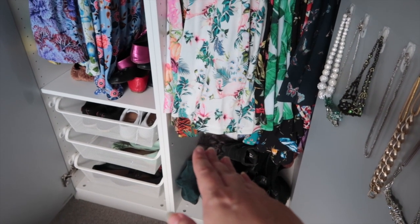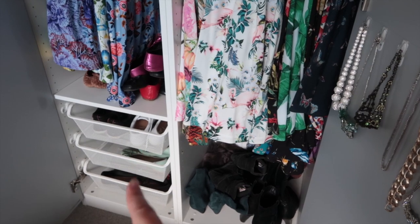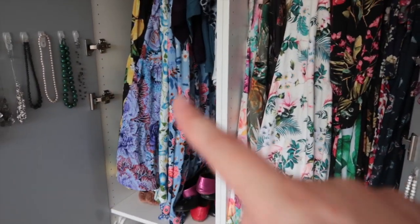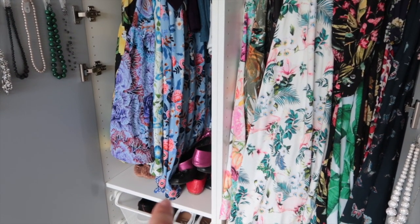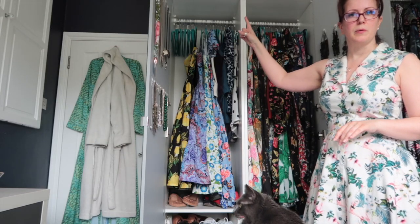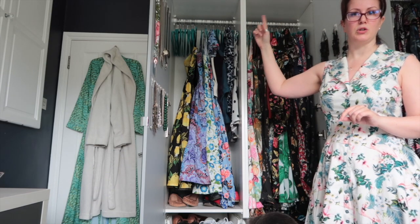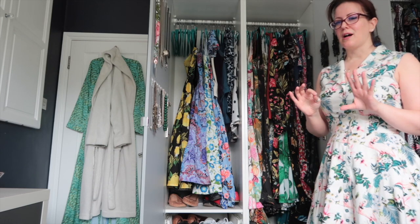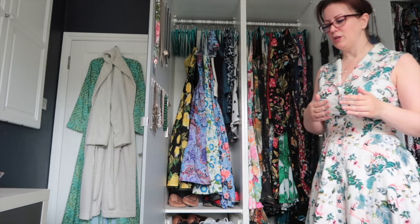I can just put those on the shelf up and then put my ballet flats, of which I have more, into these wire baskets on the floor of each of these, because at the moment, the Eve dresses aren't quite short enough to go in there, so I'm just going to change that around a little bit too. I've got shelves at the top of both of these as well, which have got my winter dresses in them. The scuba dresses are up there. Also my seriously thick winter scarves and gloves and stuff, which I will try and find room for at the